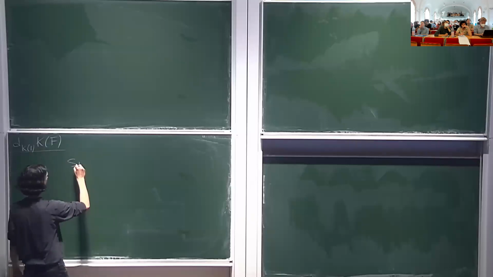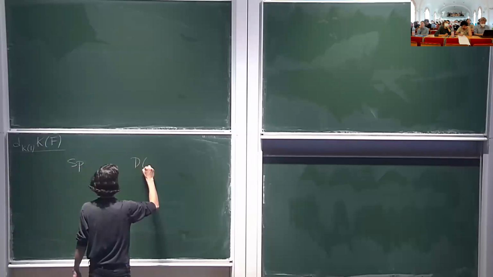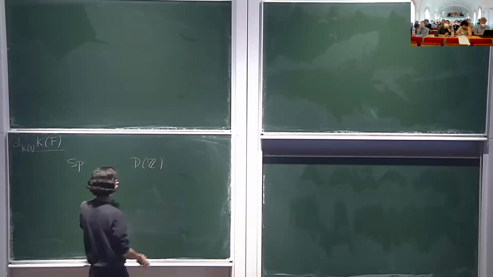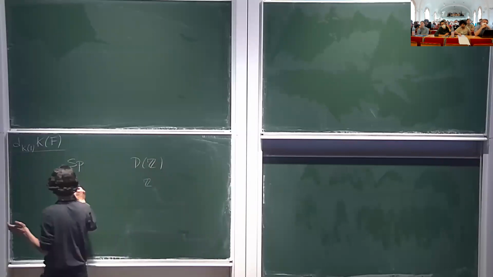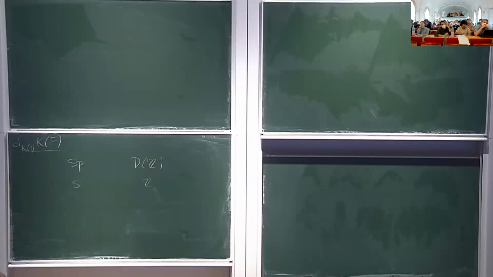right. So starting with step one. So I want to just say something about spectra and how it's different from the thing it's analogous to, which is the unbounded derived category of abelian groups. So, okay, they're both co-complete stable infinity categories generated by a single object. Here it's Z, and here it's this thing called the sphere spectrum. They have tensor structures for which these guys are the units. They look very similar, but